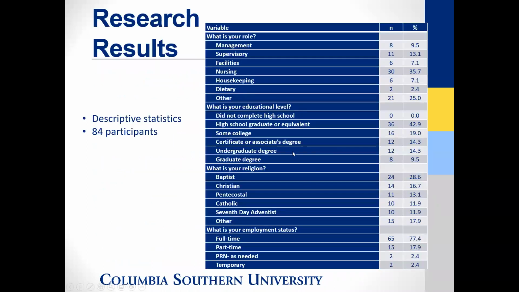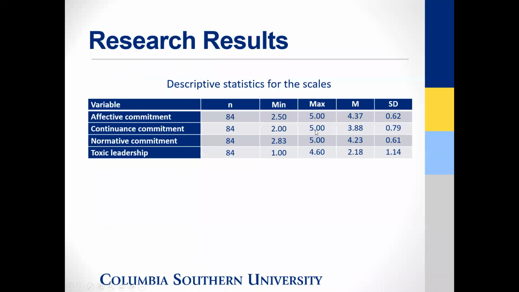Okay, and this is what I was talking about in terms of just copying and pasting tables in. I think that's a good visual way to present your information. So they copied and pasted their demographic questionnaire, and I think that's better than reading bullet points. And here's the descriptive statistics for their variables of interest. So the sample size, the minimum score, the maximum score, the mean, and the standard deviation.